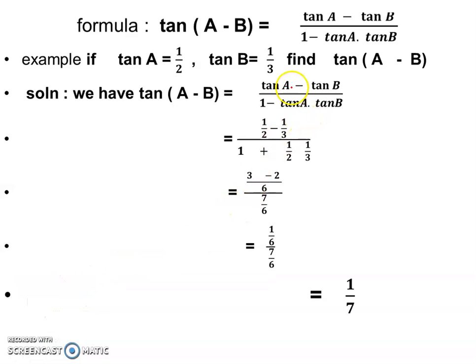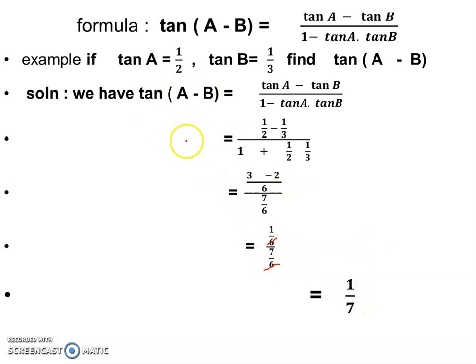Cross multiplication: tan A is 3 into 1 minus 3, 2 into 1 minus 2, so 3 minus 2, and 2 into 3 is 6. 1 upon 2 into 1 upon 3 is 1 upon 6, so 6 plus 1 is 7 upon 6. So 3 minus 1, 1 upon 6, 7 upon 6, 6 gets cancelled here. Be careful, 1 upon 7.